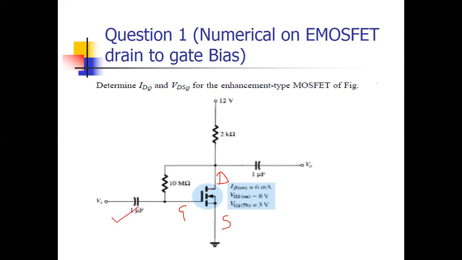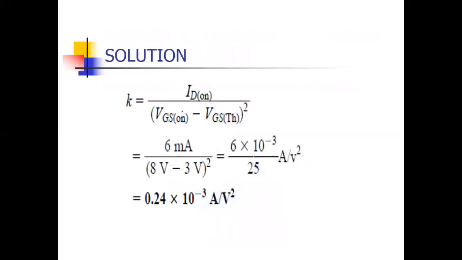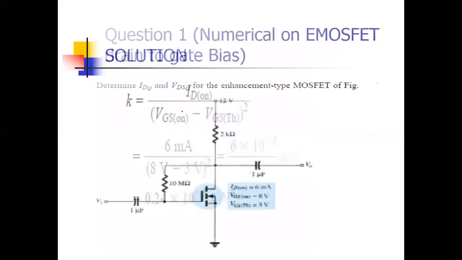Capacitors are given. Don't worry, for the DC analysis, remember the capacitors are always open circuit. For DC biasing or DC analysis, only DC supply will be there. So if Q point is being talked about, it means definitely we are doing some DC analysis. So in DC analysis, capacitors will be open circuit. Remember the concept first of all.